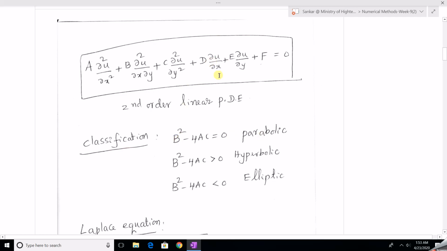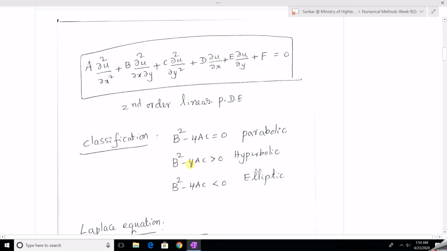So when we say this equation is a parabolic equation, the condition is b square minus 4ac equals 0. b is the coefficient of dou square u over dou x dou y, a is the coefficient of dou square u over dou x square, and c is the coefficient of dou square u over dou y square. So from this a, b and c we compute b square minus 4ac. If this b square minus 4ac is equal to 0, we call this equation a parabolic partial